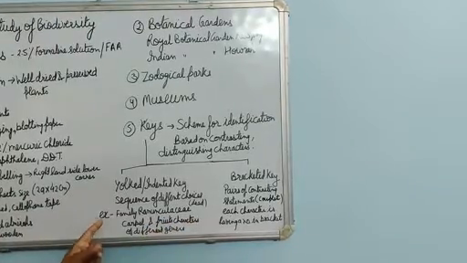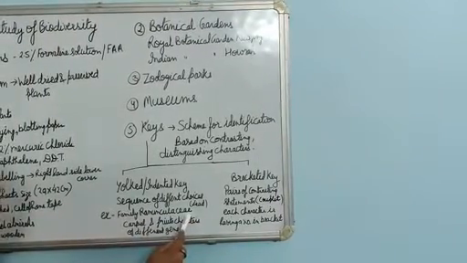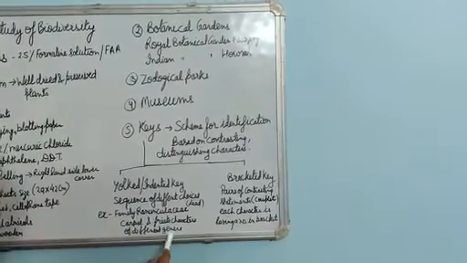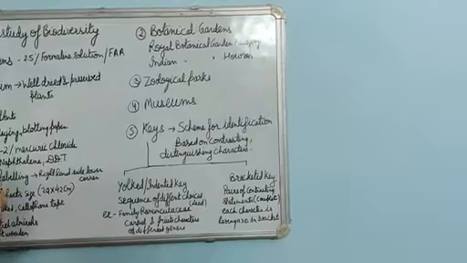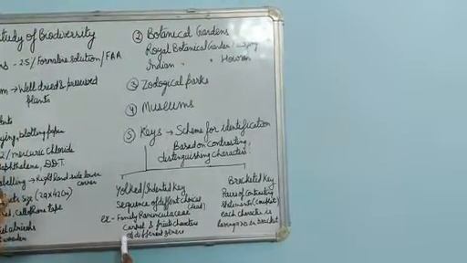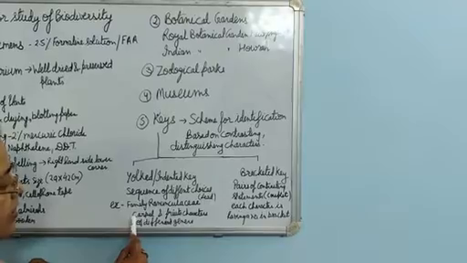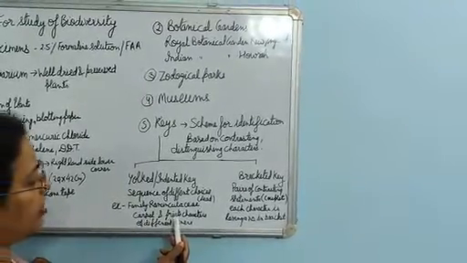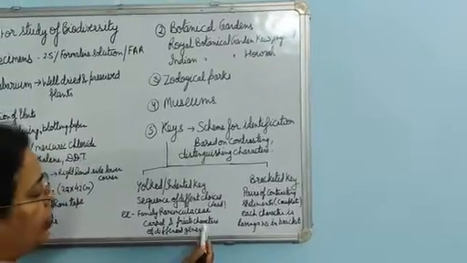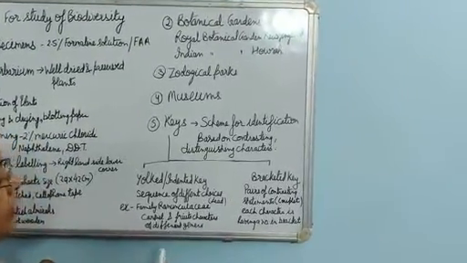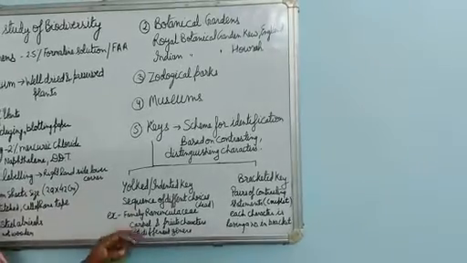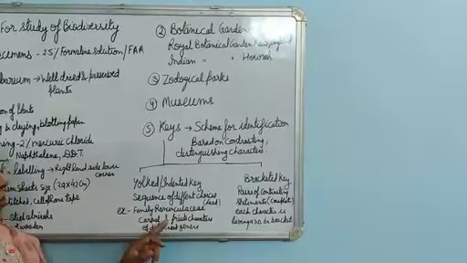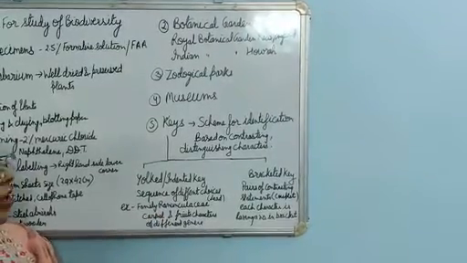For example, family Ranunculaceae is a family of dicot angiosperms, and if we are studying different genera of this Ranunculaceae family, we will take a few characters: the size of the carpel, what type of carpel, whether they are fused or free, what is the size and shape of the fruit, what type of fruit it is. So these are the different choices that we are taking to identify the plant belonging to the Ranunculaceae.